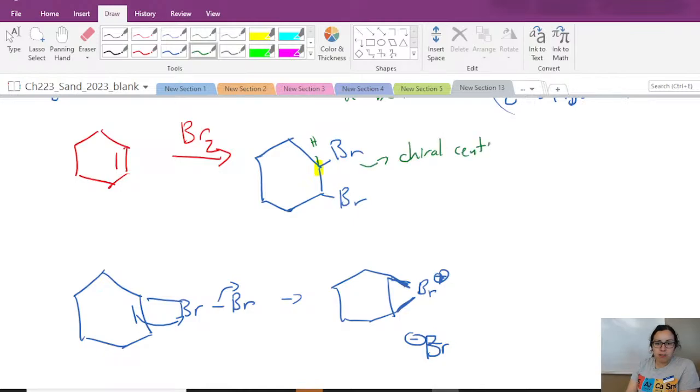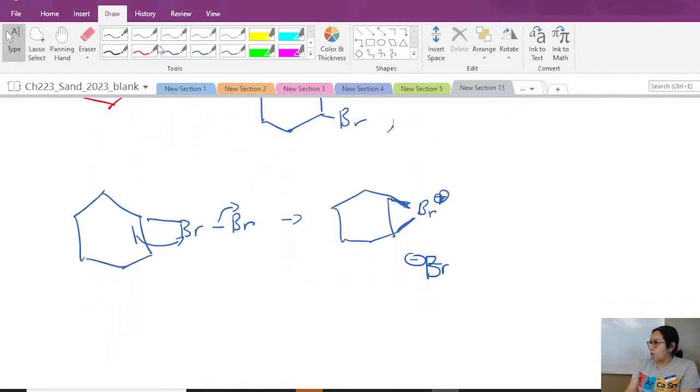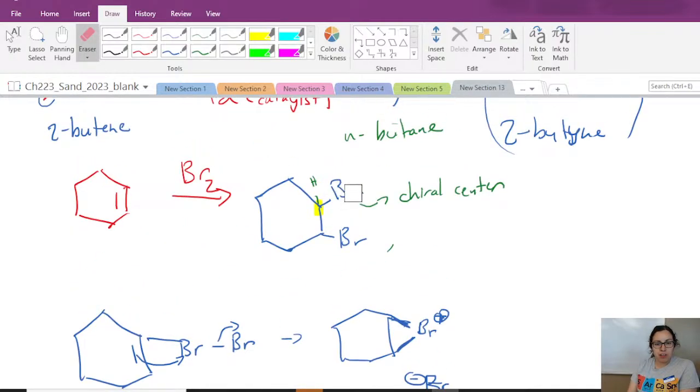And so when you have a chiral center, you have to indicate chirality. Or if you don't, like how we have it drawn here, right now we're showing that chirality doesn't matter, but it does. So going back to the mechanism, why we have to show stereochemistry for this chiral center is,